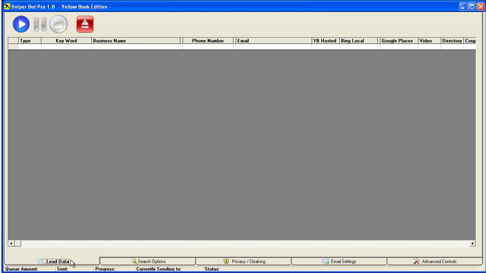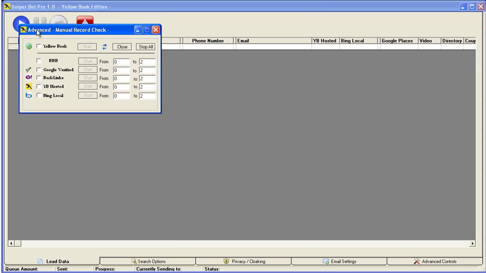Let's go over to our lead data tab or the grid, and we're going to click start. But this time, we're not going to just click on the start button. We're going to right click on the start button, and this is going to bring up our advanced search check or our manual record check. Since we don't have any leads yet, the first thing that we're going to do is go to Yellow Book. So we're going to hit start,